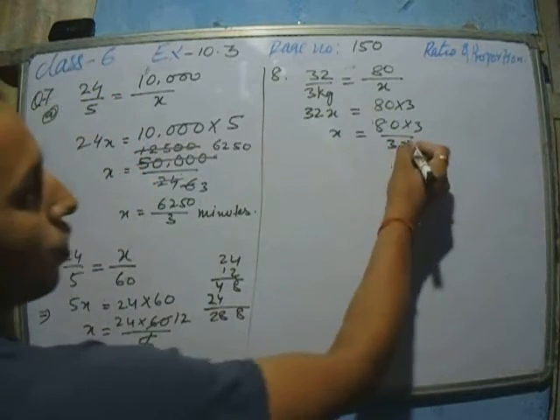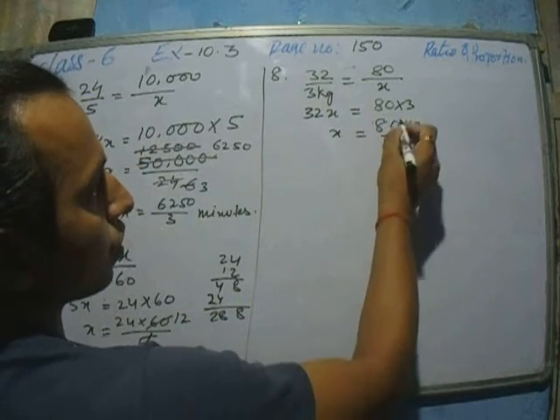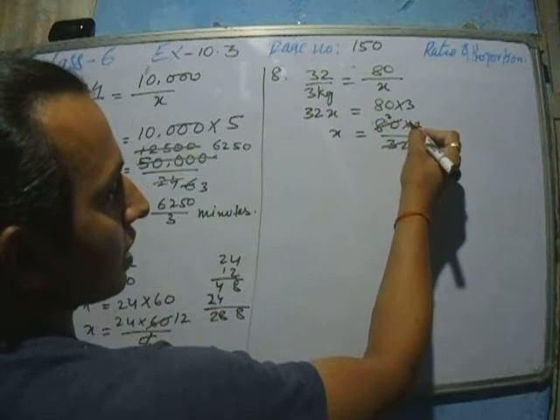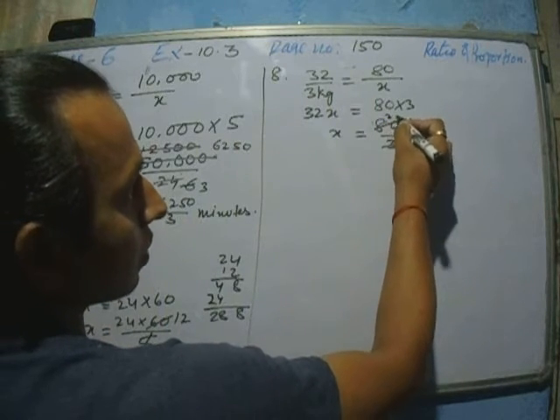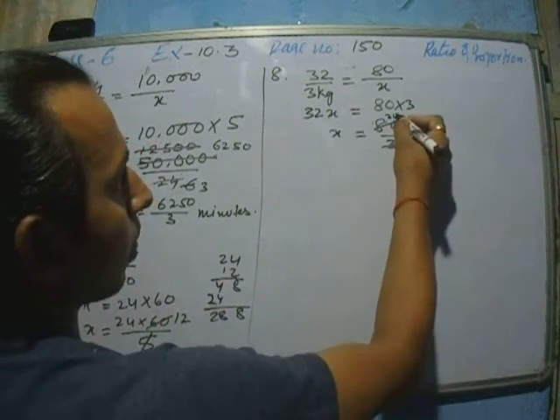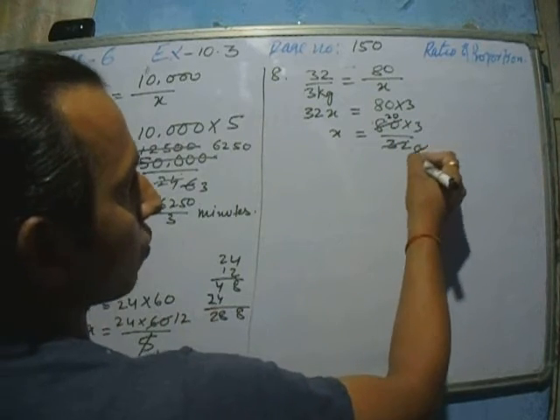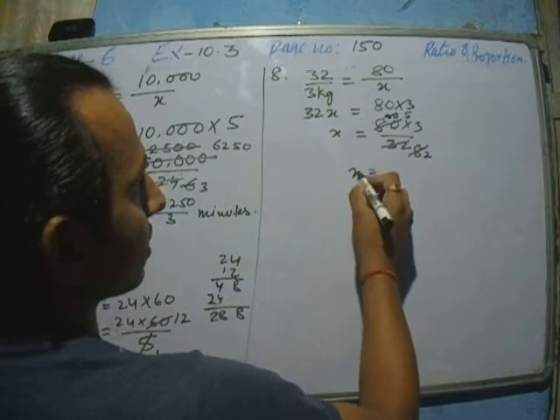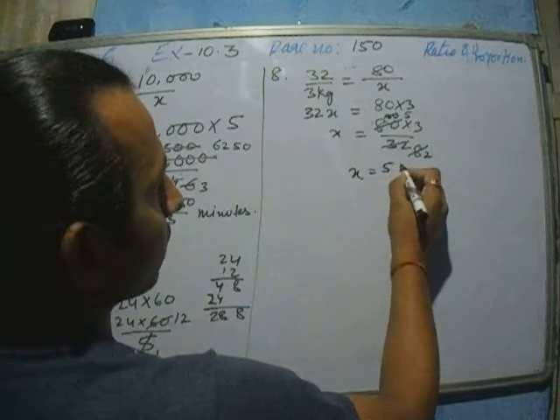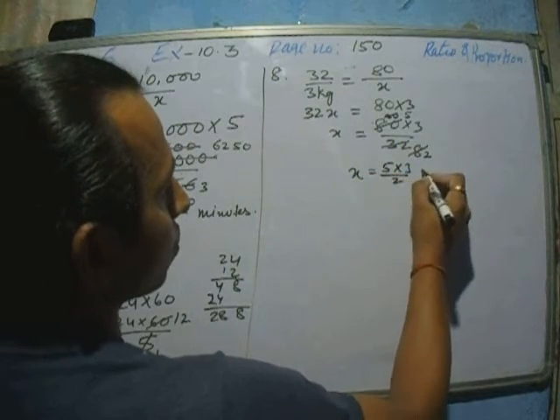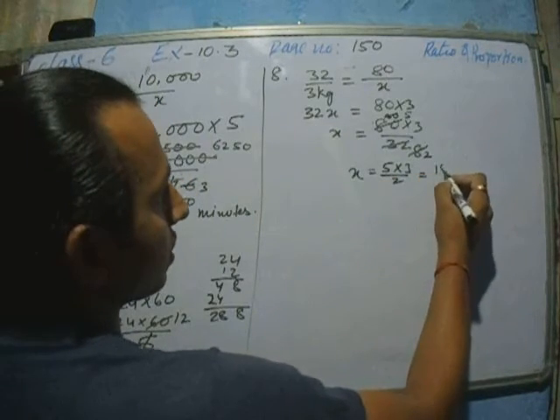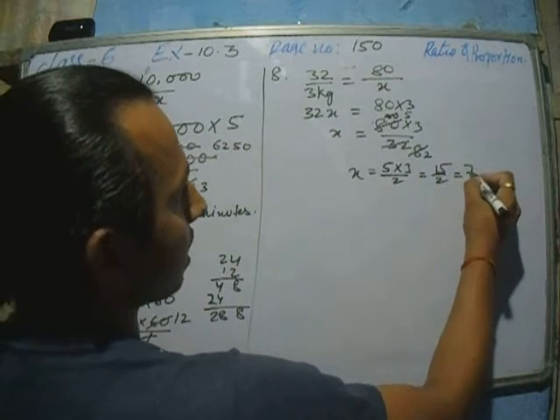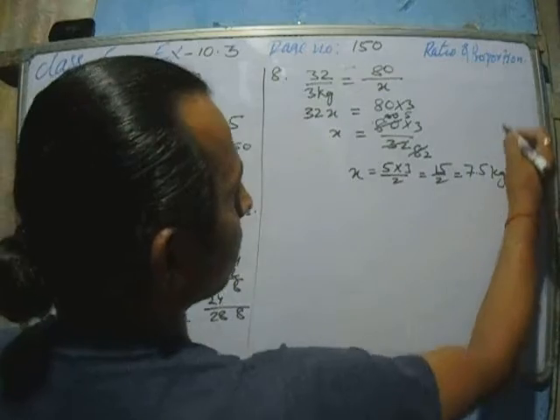Here we will divide with 4. 4, 8 is 32. 4, 2 is 8. Then 0. Okay. Then again it is divisible by 4. 4, 2 is 8. Then 4, 5 is 20. So we got here x is equal to 5 into 3 by 2. Okay. So 5 3s is 15 by 2. It is 7.5 kg. How is it possible?